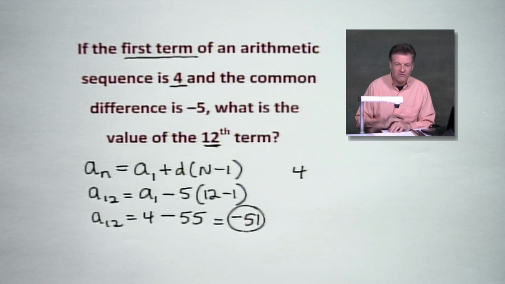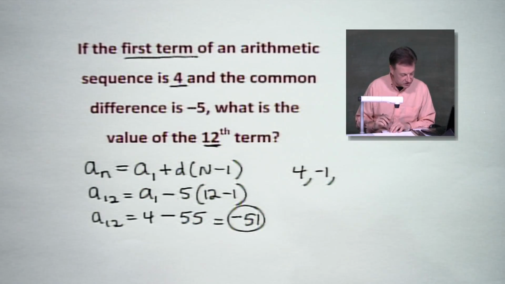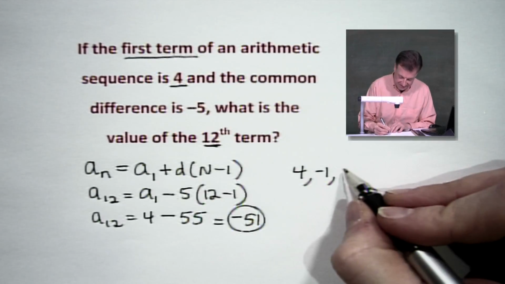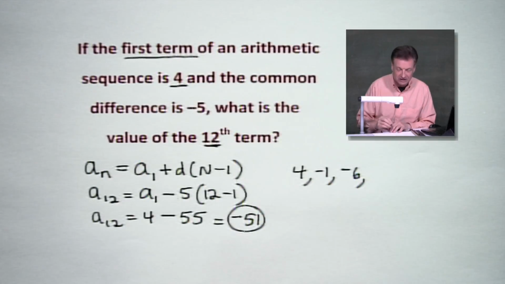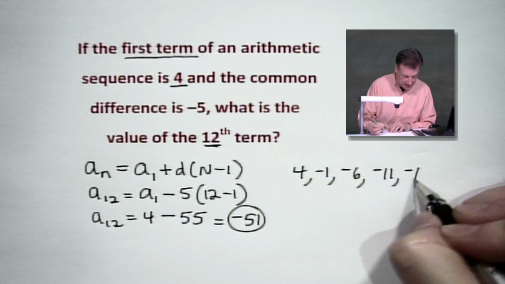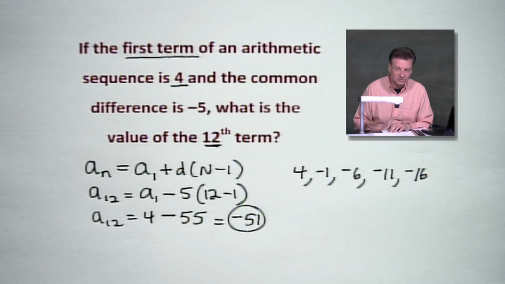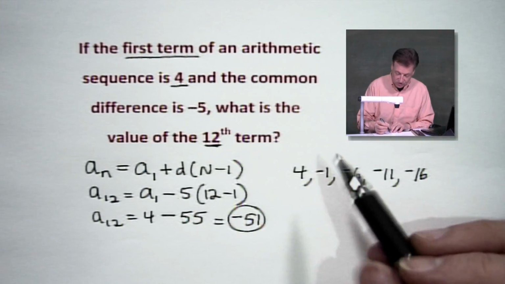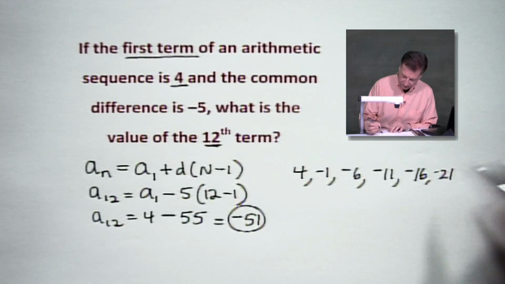So let's see. We start with 4. I already told you we're going to go to -1. Then we're going to go to -6, because that's what happens when we subtract 5. So we subtract more 5. Keep going: -6, -11, -16. We're halfway there. Actually, that's 1, 2, 3, 4, 5. We've got to go to 12, don't we? So let's do one more notch, then finish the other half. -21 comes next. Then we've got a few more to do.